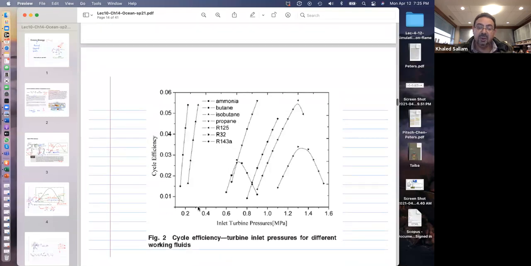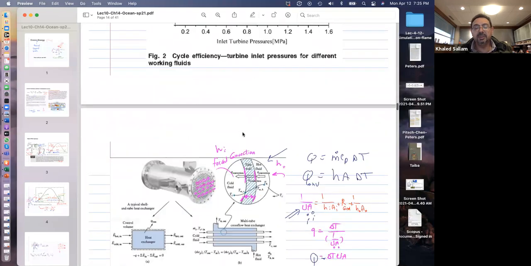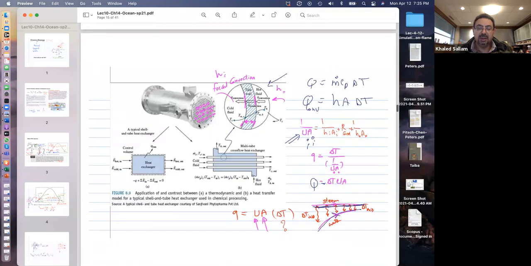And they saw what happened to the efficiency if you try those different fluids as a function of the inlet turbine pressure. So they can play with the pressure and they can play with the fluid, and they can see how efficiency goes. And you can see you can hit like say 5% or something over here. So it gives you flexibility for sure, right? And so here I'm telling you, well, that heat exchanger